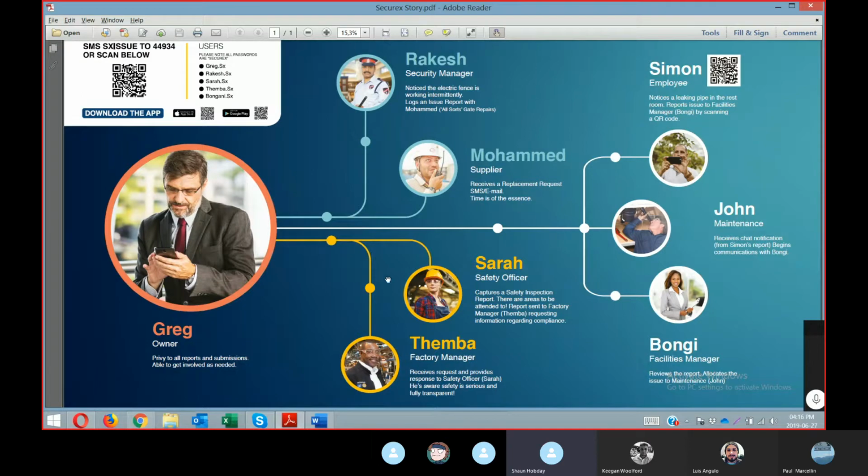Cool. So guys, what we're going to be looking at first is this one down here, this yellow one, between Sarah and Temba. To give you an idea, Sarah, who's a safety officer, captures a safety inspection and notes any areas that need attending to. This factory report will then get sent through to Temba, who is the factory manager,